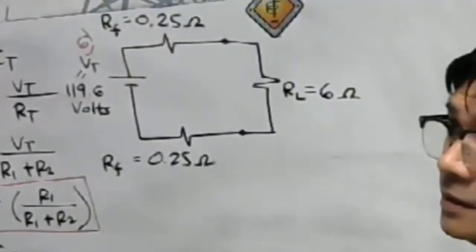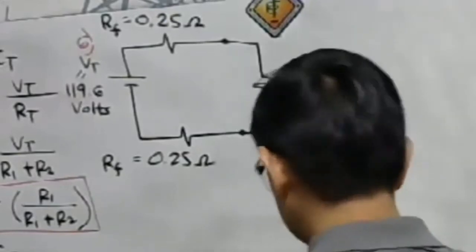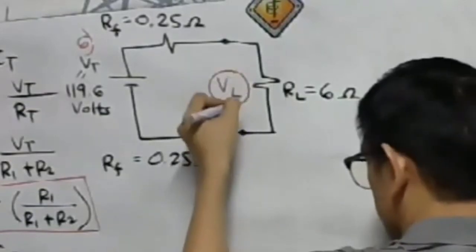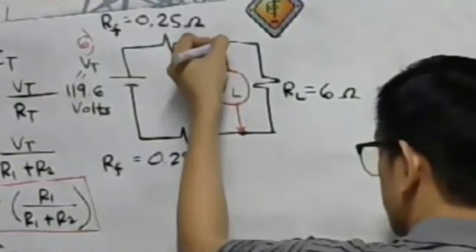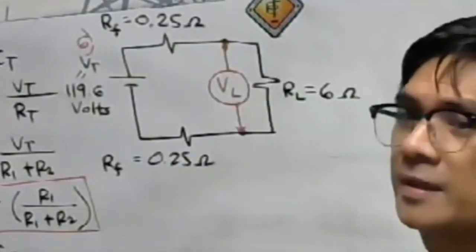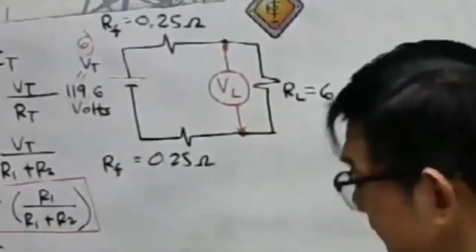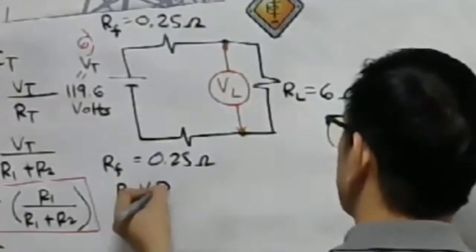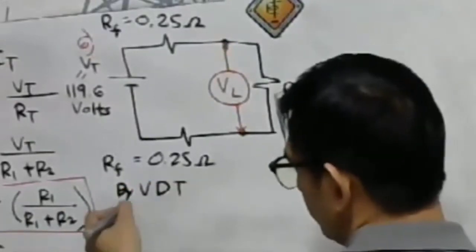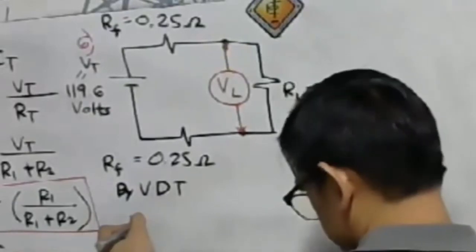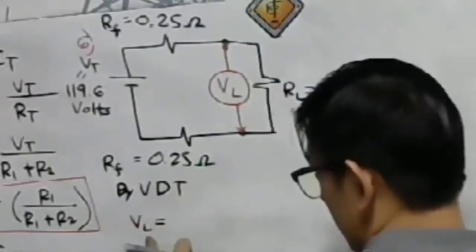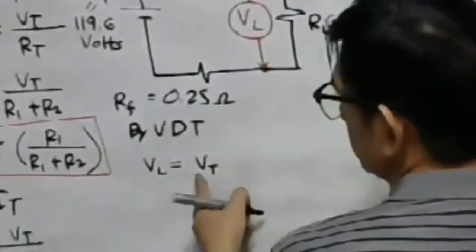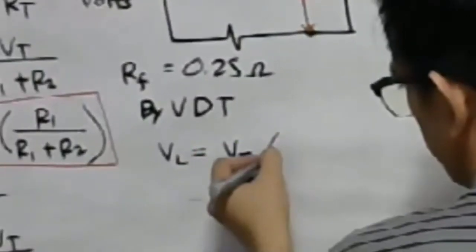Calculate the load voltage. Take note we have the load voltage here. If we have a voltmeter or multi-tester here, what will be our measured value? If we are to consider the voltage divider theorem, by voltage divider theorem we come up with VL. VL is equal to V total, okay? Then multiplied by